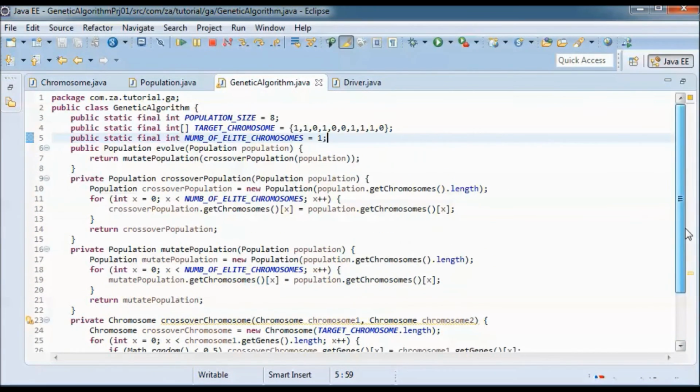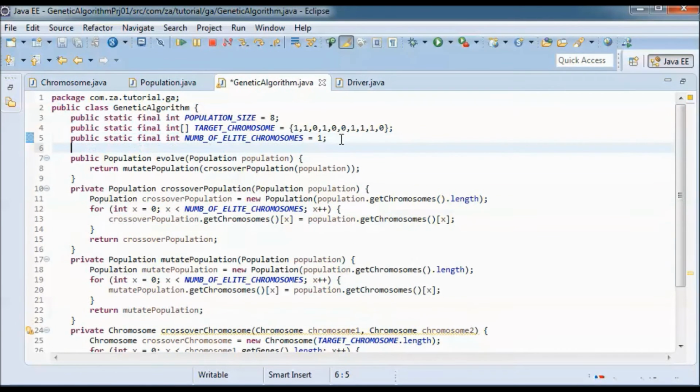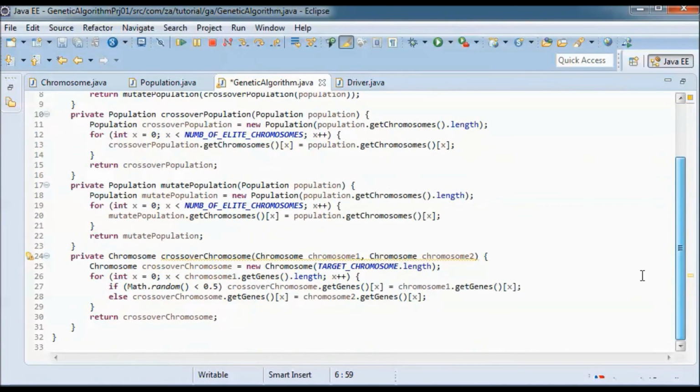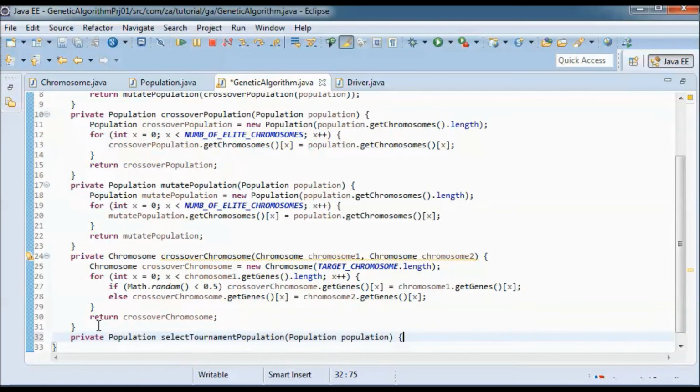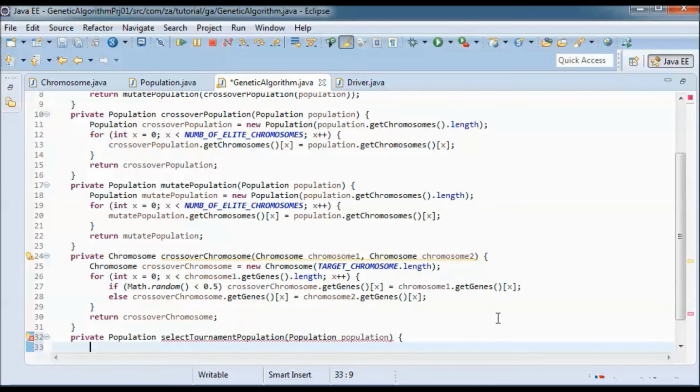And next, let's go up here and define this tournament selection size, the tournament population size, and this is used for chromosome crossover selection. And let's go down here and define this method, select tournament population. In tournament selection, a number of chromosomes is selected randomly, and from those, the one with the highest fitness is chosen.